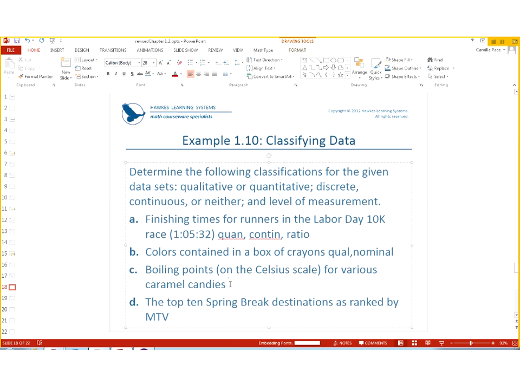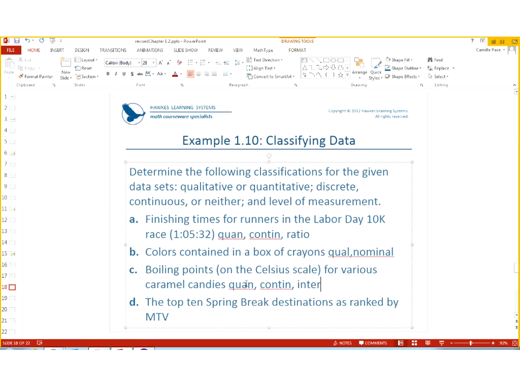So boiling points on the Celsius scale for various caramel candies, okay? We're going to know this is quantitative because we can think of degrees. And we know that it's going to be continuous because, like I said before, you can have 27.3 degrees Celsius. Okay. 0 actually means something on the scale, because 0 is not the absence of temperature, it just means it's a really low temperature. So we're going to say this is